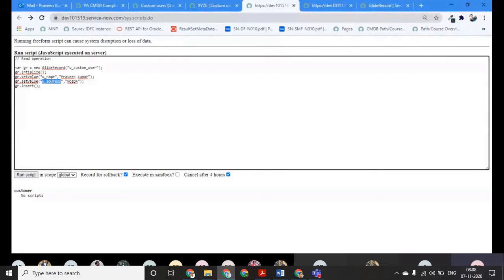Insert means something was not available in the system, and you are putting it in. That is a very new thing for the system. So that is the difference. The difference between the insert operation and update operation is the same as the difference between the insert method and update method.